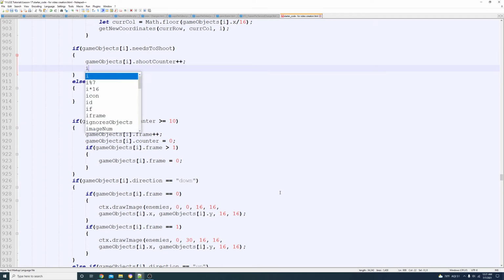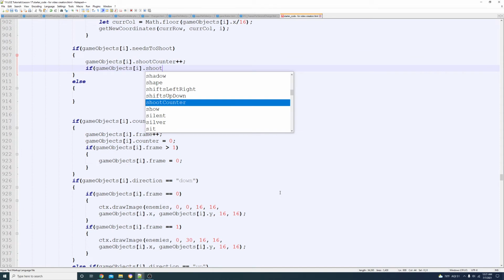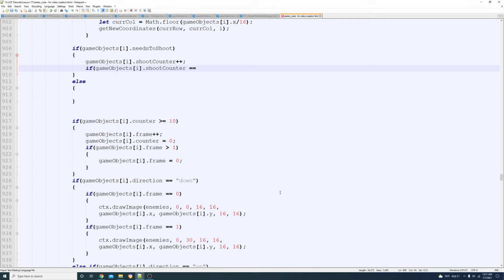If game objects at i.shootCounter... the idea behind this is they sit for a while before they shoot. So if it is equal to 100,